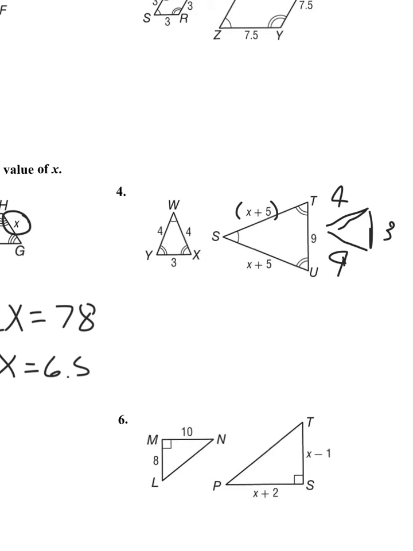That's a little better. So it also doesn't matter which triangle you start with as long as you do both fractions the same. So I could have x plus 5 over 4, and that's going to equal 9 over 3. Okay? And that's x plus 5 from the side of this triangle, matching with the side of this triangle, equals the bottom, if you will. I guess it's the right side, but you can see it if we twist it around, equal to 3 of that. Okay? And then again, in the solving process, parentheses,